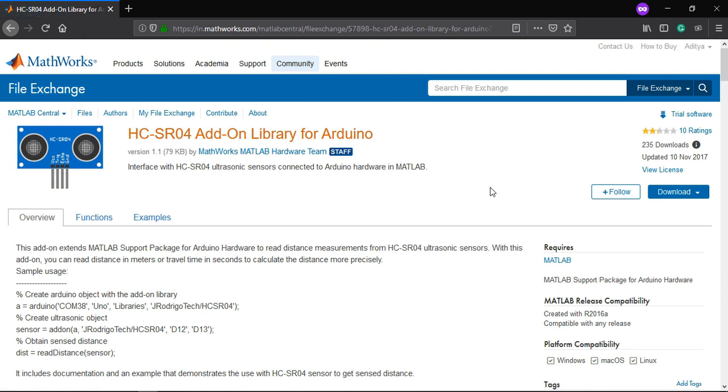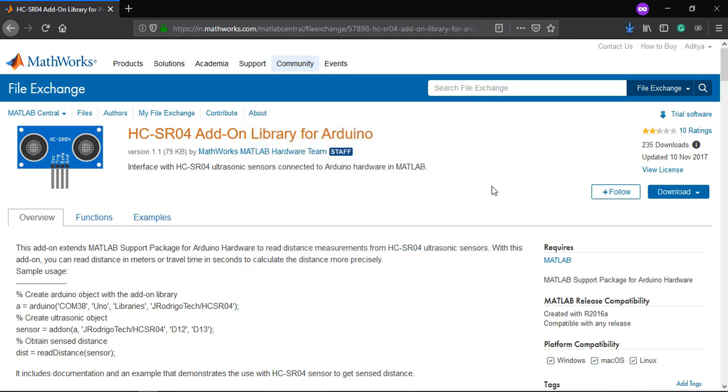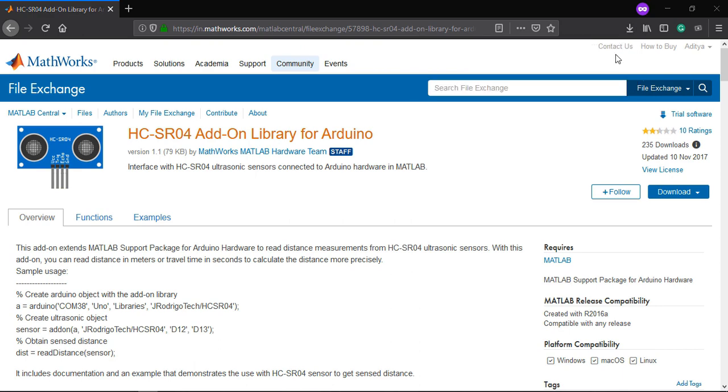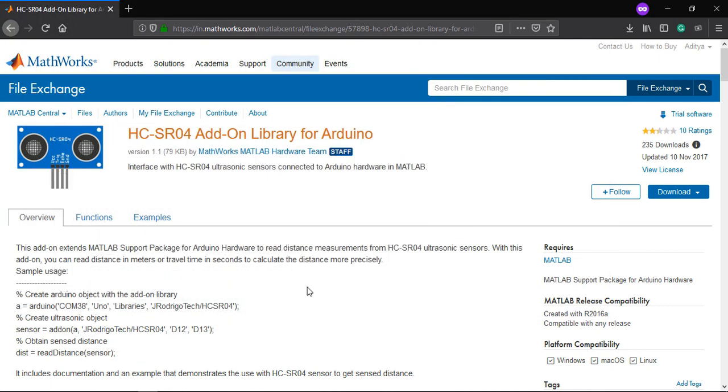So this is the toolbox. You can save the file, and I'll open this file location and put it in the directory folder where we are now working.